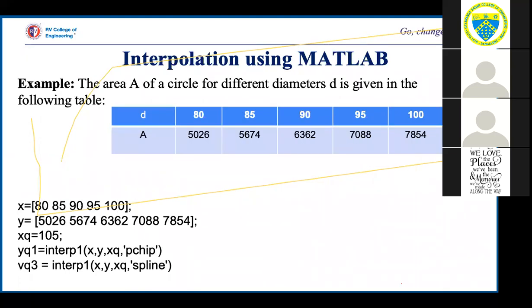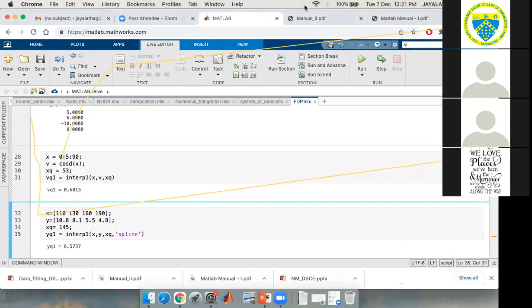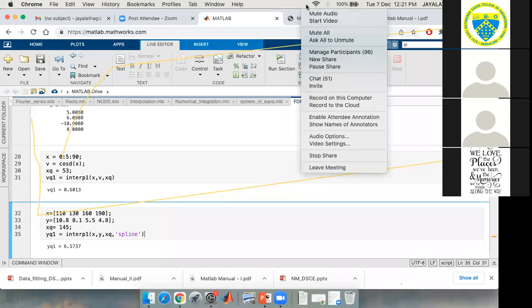This is another similar example. Jayalata, hello Jayalata. You can just erase whatever is written on the screen. But I'm not getting the option actually. Annotation, you're not getting? Enable attendee annotation is there. I tried actually.